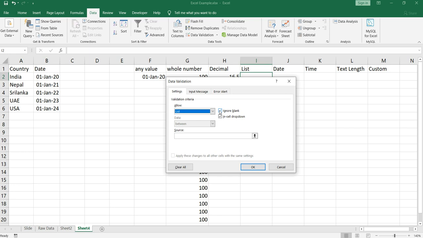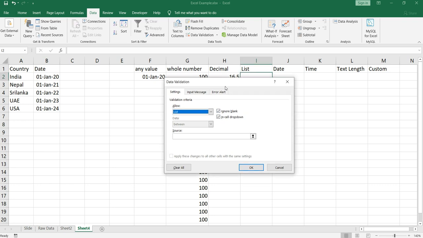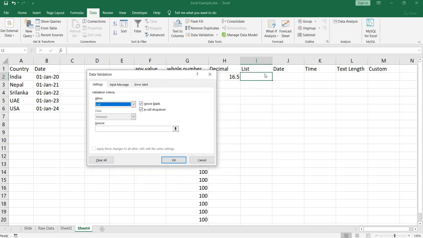But I don't want that, so I'll keep ignore blank checked. In-cell drop down means you want this particular cell to act as a drop down menu. So I'll check this one also.